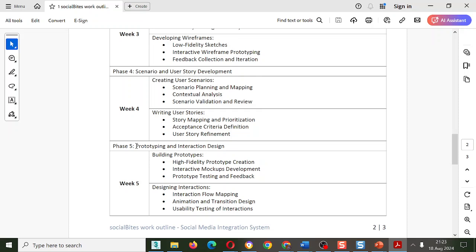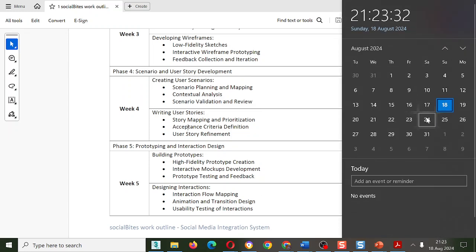Okay, and you see from your own point of view, because you can't be examined until you've done 8 weeks of work. And you've been here for more than 8 weeks now, more than 4 weeks. These are 4 weeks only. But you've been with me for more than that. So you have to play catch up. The work doesn't reflect how long you've been here. And so this is what I would like. If I look here on the calendar, next Thursday is going to be 22nd. Okay. You should have finished week number 4.